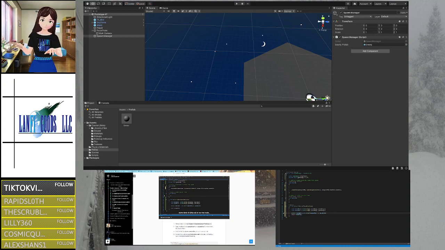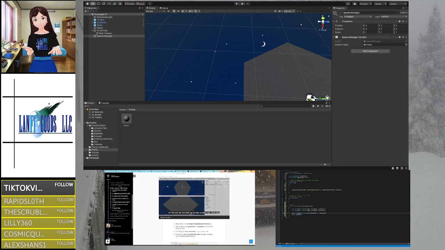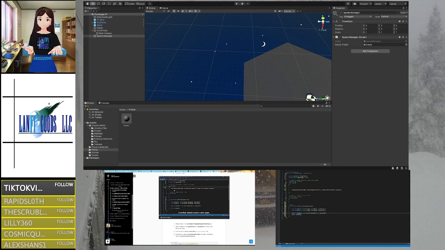So now you can see when we go into our game and press play, it spawns a random enemy in a random position. If we press play again, it spawns it in another random position once again. So what you're going to do in your spawn manager script,